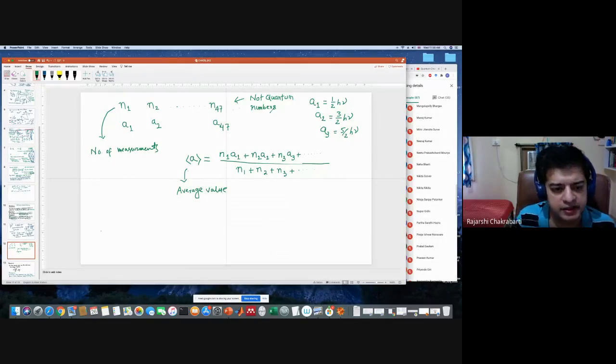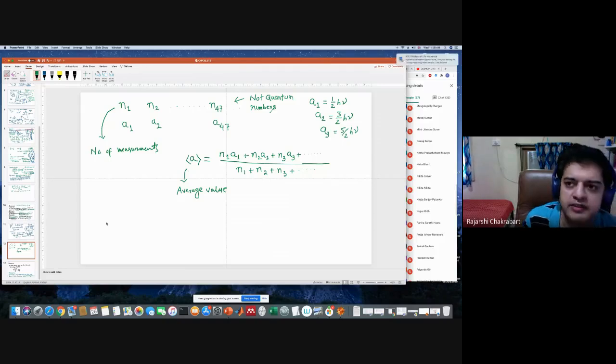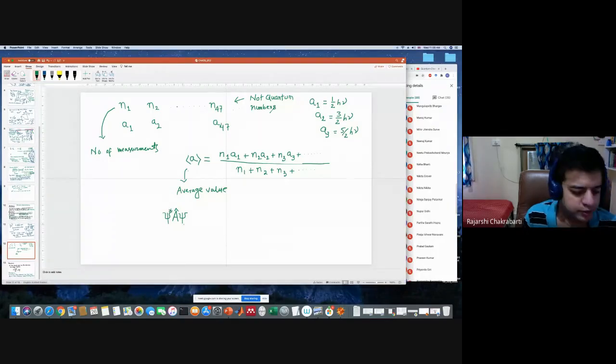Similarly, in quantum mechanics, there is one way of calculating the average value. What you do is take that operator A, operate on a wave function psi, multiply the whole thing from the left with the same wave function's complex conjugate, psi star, then multiply with the volume element, integrate over all space, and divide the whole thing by